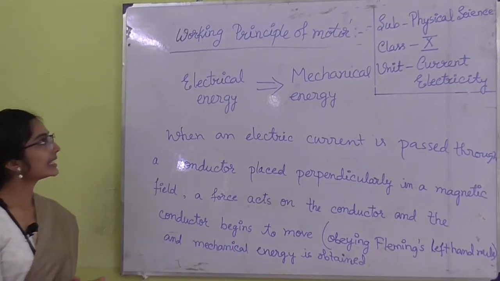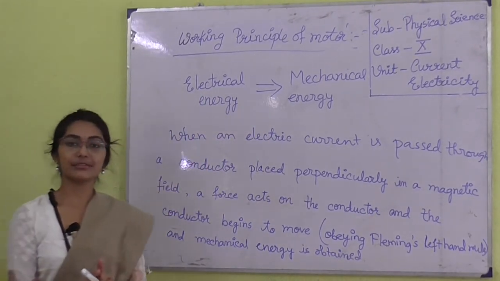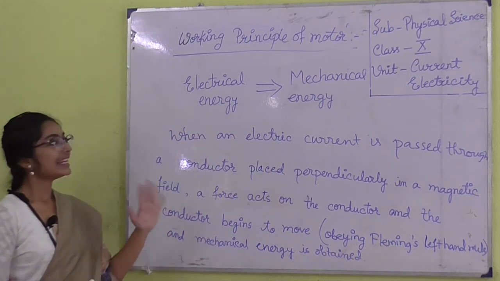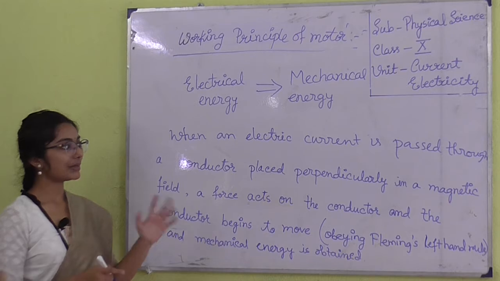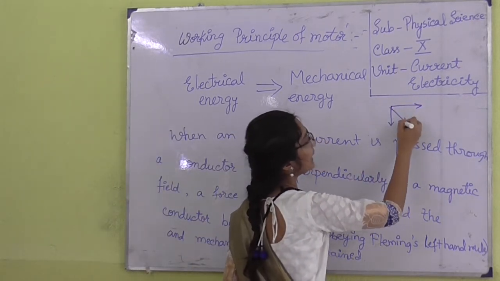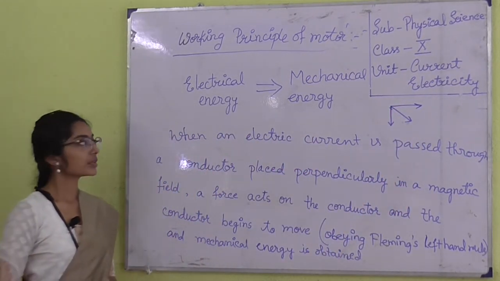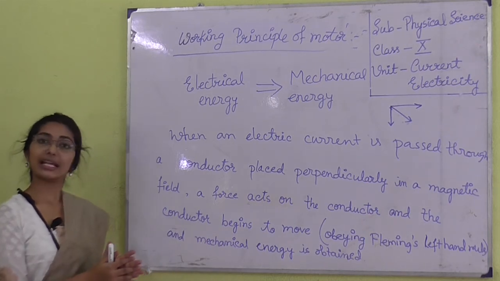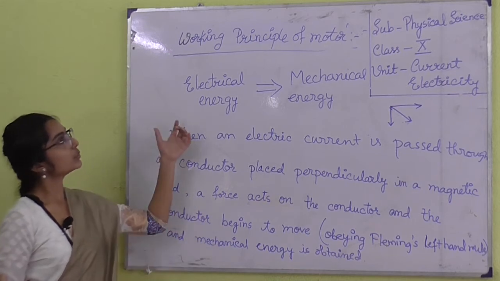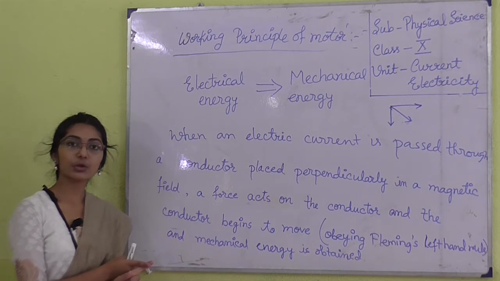Now we are discussing the electric motor. An electric motor is a device in which electric energy is converted into mechanical energy. When an electric current is passed through a conductor placed perpendicularly in a magnetic field like this, again Fleming's left hand rule is obeyed here. In any electromagnetic device where an electric field as well as a magnetic field is present, we should apply Ampere's swimming rule and the right hand grasp rule, which is already discussed.